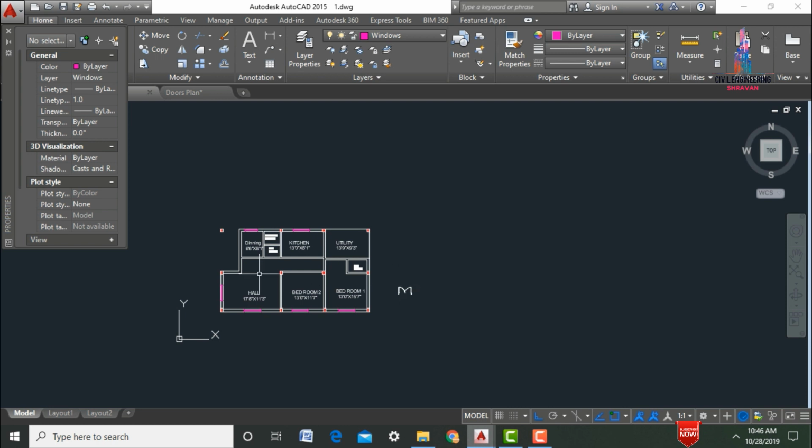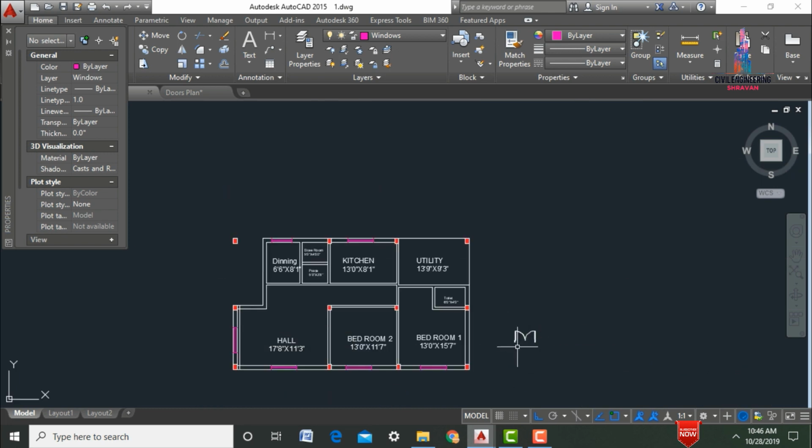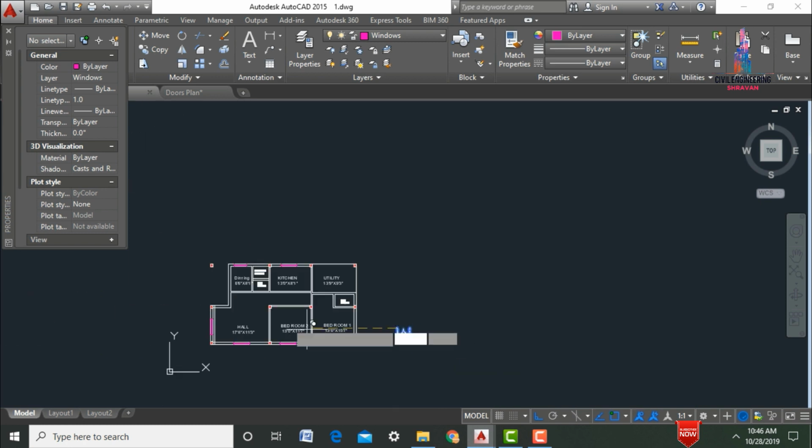Here we need to add this door at this distance. For that, initially we need to create an offset at a distance of 6 inches from the wall. Here I'm selecting a 6 inch offset from the wall. After that we need to rotate this model: RO, enter, select this door section, rotate by 180 degrees, click OK. After that we need to copy this block: CO, enter, select this end point or base point. So here I am selecting this plan.